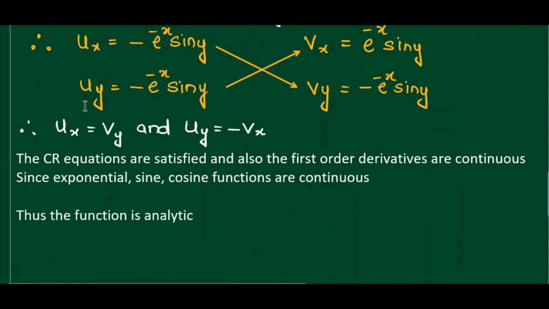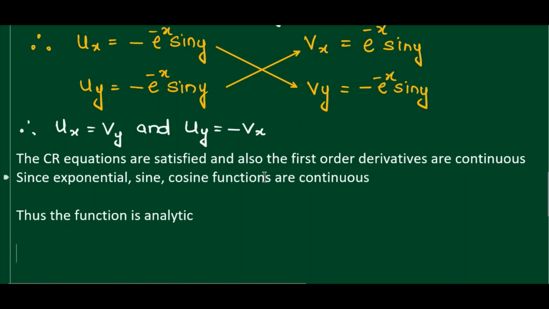First you write ux, uy in this order, write vx, vy in the second column, and then compare these two. Ux is same as vy, and compare these two in this direction. Uy is same as vx, but both are having opposite sign. Here it is minus and here it is plus. So no need to learn this equation by heart. If you write in this order, it is easy for us to remember the equations. Ux equal to vy and uy equal to minus vx.